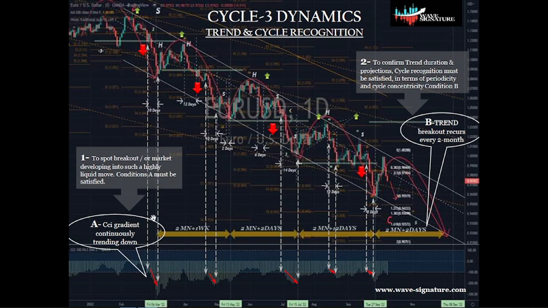There are two conditions to fulfill. All right. So the first of these is that the CCI gradient must be continually trending. In this example that we're looking at, we're looking, of course, at a bear trend. So the CCI gradient must be continually trending down. When we are saying that the CCI gradient would be continuously trending down, it means that if I'm doing a measure of the CCI reading on a daily basis, I must be getting lower CCI readings every day during the duration of that cycle 3